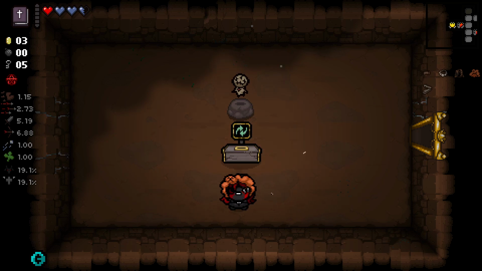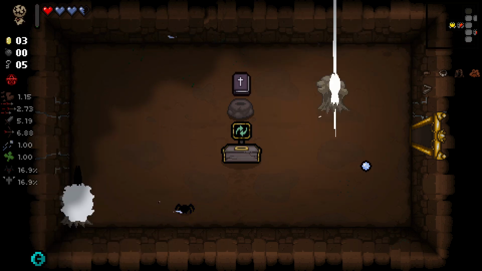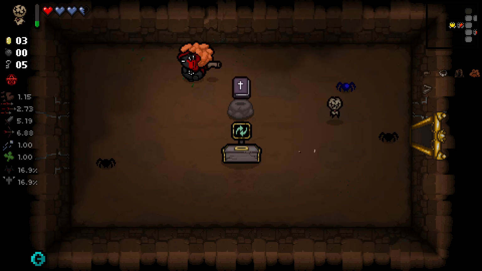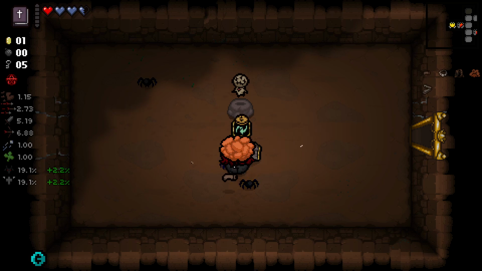That's Mom's Eye, gives you a reverse shot occasionally. Stitches' active item allows you to position this little guy around here, and then I can teleport with him. There are some uses with it. Obviously, it's something that also just automatically recharges by itself. Not as good as getting soul hearts basically all the time, so...